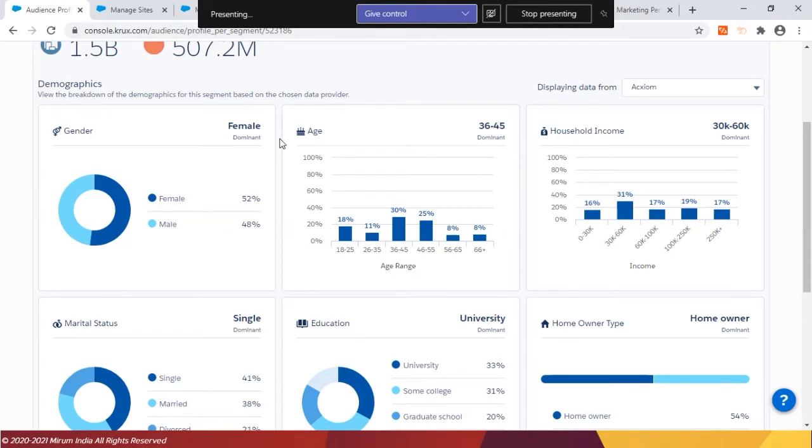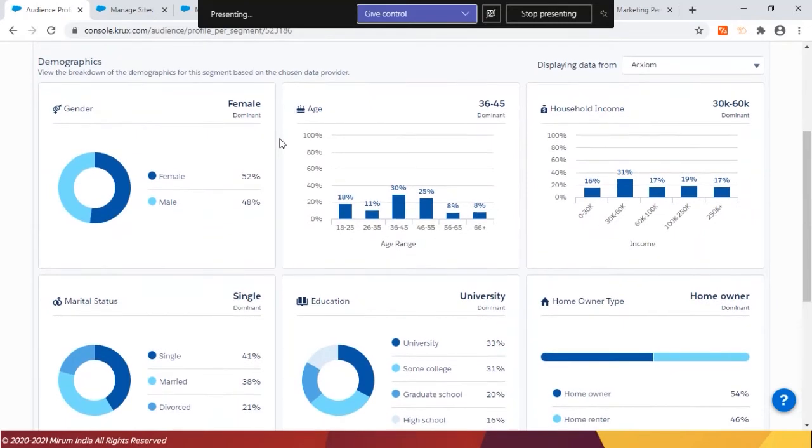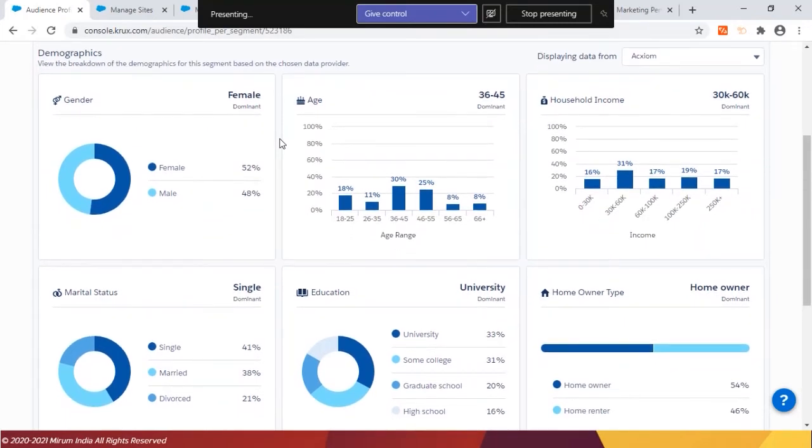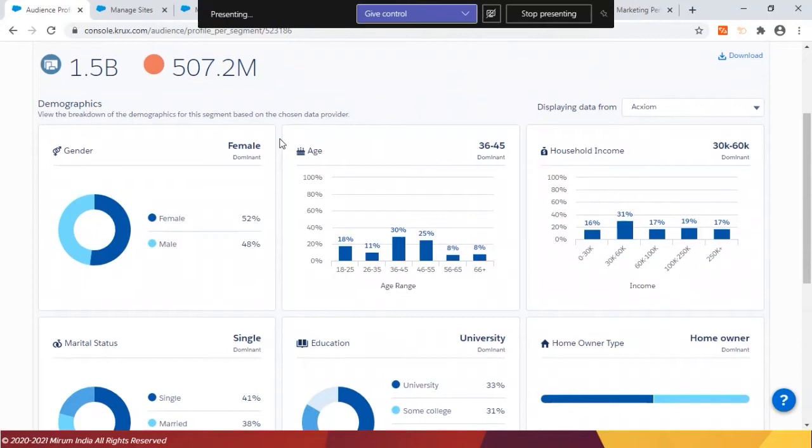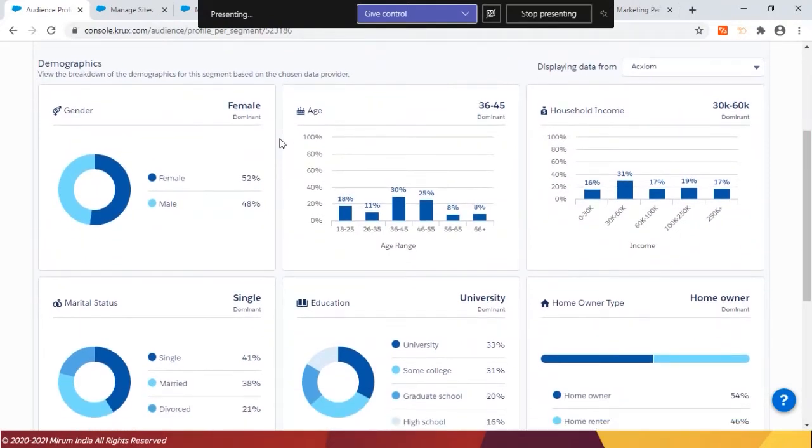Okay, coming back to the insights for the data capture, or rather the people around the people. What we are seeing here is that this particular data provider is giving me certain demographic details for the 500 million people who are visiting my websites or to whom the ad has been served. Approximately 48% of them are male and 52% are female.